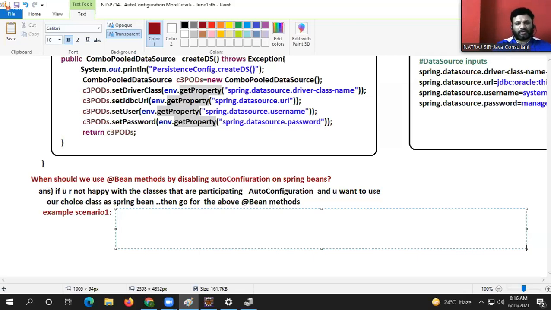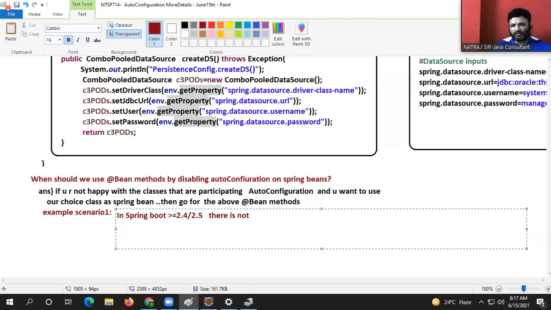Example scenario 1. Now listen. In Spring Boot 2.4/2.5, okay, 2.5 or greater than or equal to,